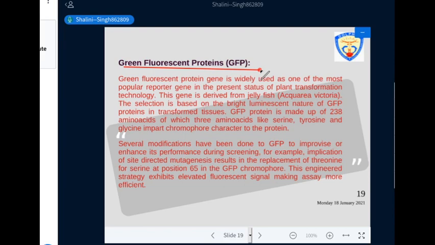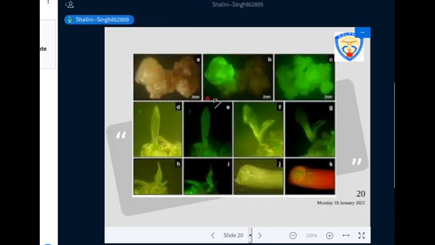The gene was isolated from the jellyfish Aequorea victoria, which has brightly luminescent organs. To work efficiently in plants, the GFP gene has been modified significantly in order to remove a cryptic intron, to make the codon usage more plant-like, and to prevent accumulation in the nucleoplasm. So these are plant tissues showing the results of the green fluorescent protein which has been transformed into these plants.